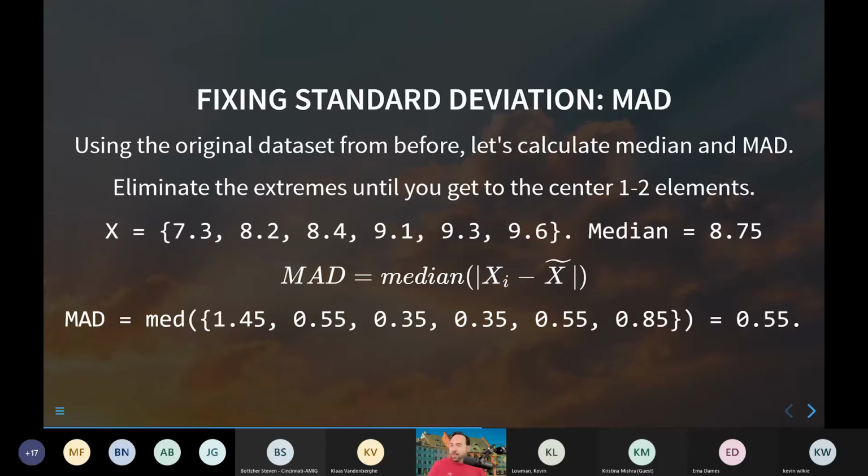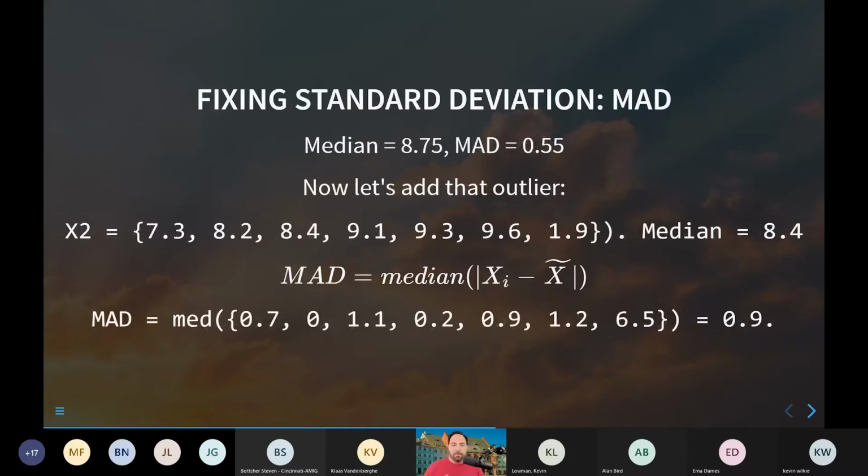Results may surprise you. So we find 7.3 minus 8.75. And by the way, take the absolute value of that. So 1.45. 8.2 minus 8.75, 0.55. And on and on and on. You take the median of that. And this is 0.55. So if we say median is 8.75, MAD is 0.55,